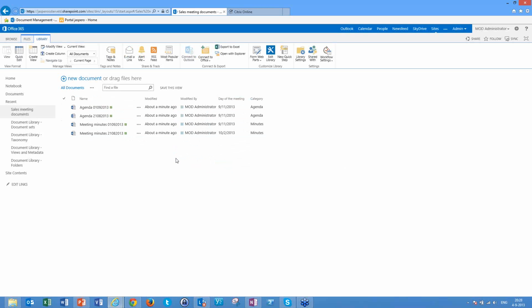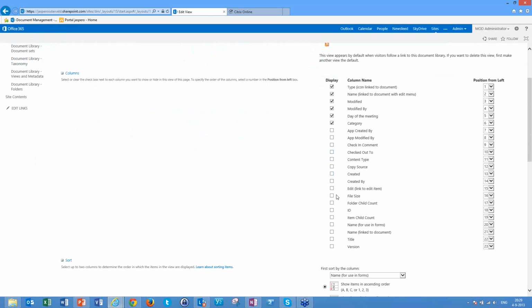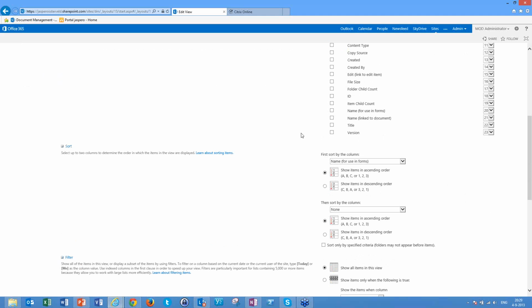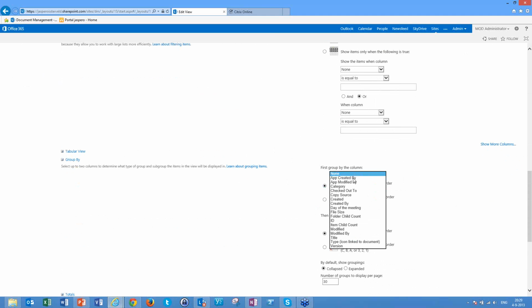Well, now I want to show you this cool group by feature. I go to modify view because what you see here are the documents with assigned metadata that's just displayed in the all documents view, and you can create a new one if you want by clicking here or modify the existing one. So I click here, and here you can assign additional metadata if you want. If you do decide to use versioning, you can tick this column. If you want to see the file size, it's all up to you. Here you can decide the position. Well, in our case, we want to group all the documents based on the day of the meeting,